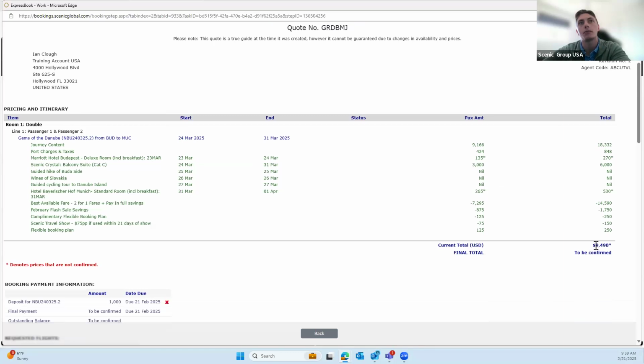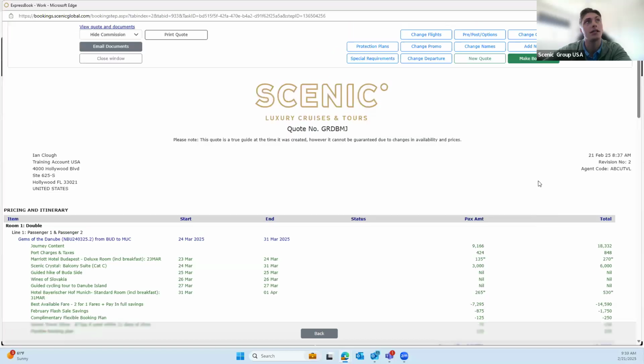And then you can see that the price has been updated to $9,490. That includes the prices of the hotels. I also just wanted to mention you can book air through Scenic. It takes a little bit longer, so I'm not going to go through that process now. But you could always change flights, add flights, or you can contact our reservations if you would like us to